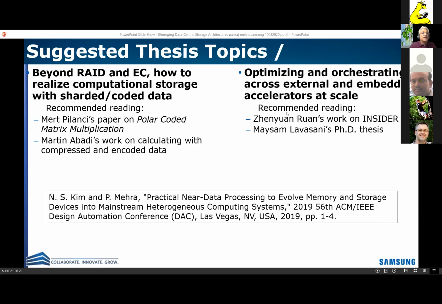So I promised you I'll end with some things for you to read and some things for you to do. So, you know, we've been working with SSDs as dumb devices. Therefore, when we aggregate a bunch of these devices in a chassis, our methods of doing things like RAID and erasure coding are also designed for failure of dumb devices.